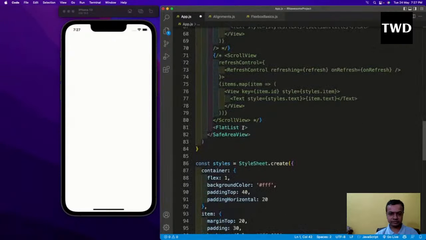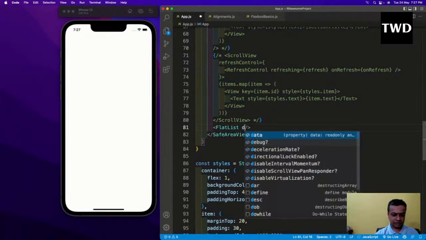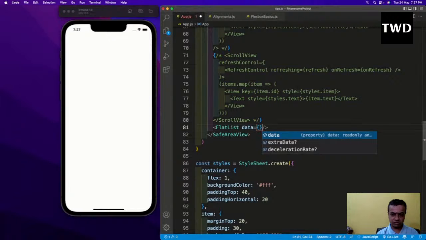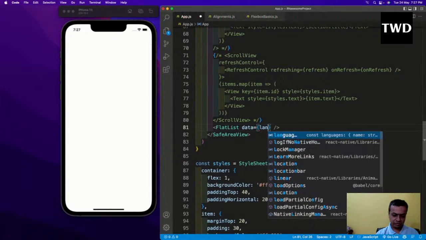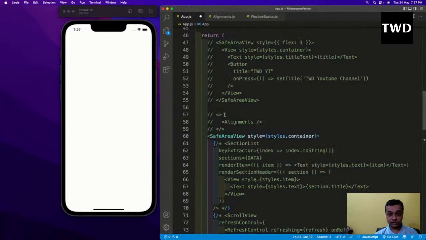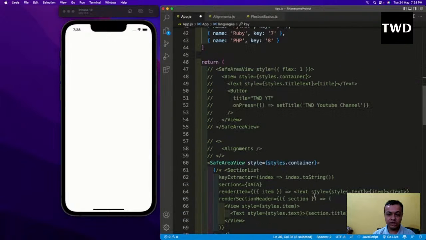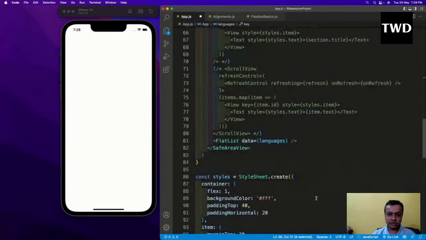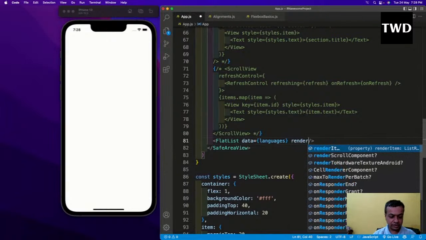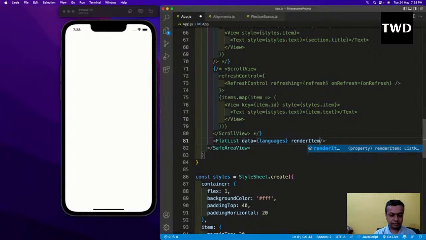Then data equal to languages, which is the array. One more thing is that if your data is not equivalent to this, you have to make it like this. Data equal to means name is okay, but FlatList should have a key which should be a string. It is very much important. So data languages I have to, and then I have to do a render item equal to